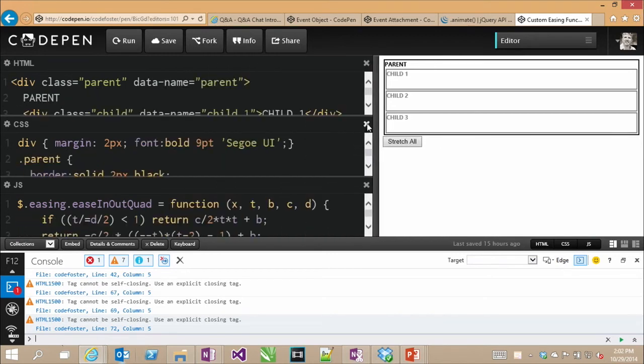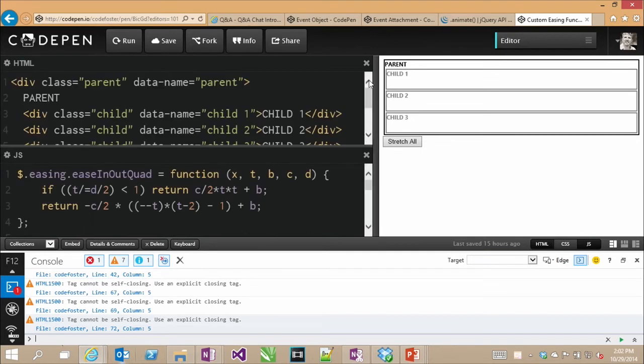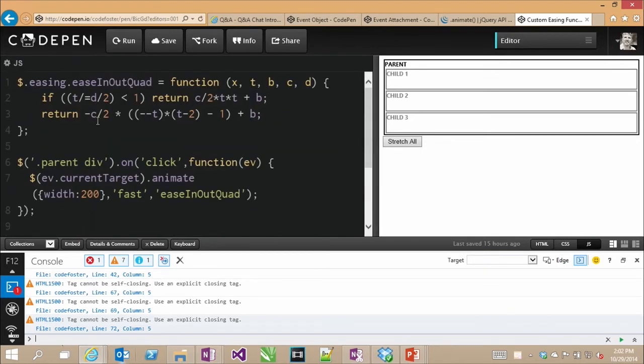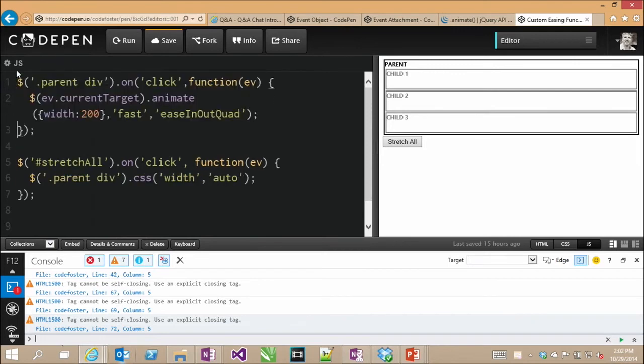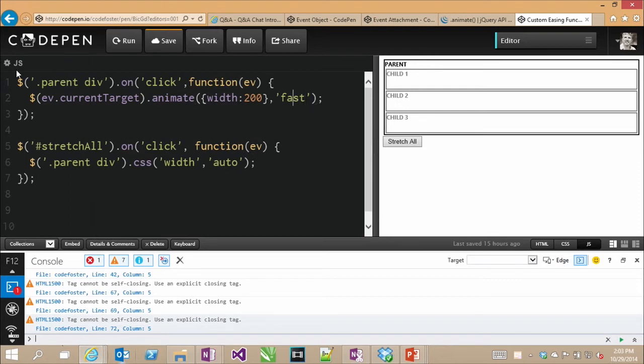And I'm going to collapse my CSS. I don't really need that. I think I don't need my DOM either. Now I'm going to kill this easing function. Don't need that. Definitely don't want to call it if it doesn't exist. And now I'm going to animate this, and I'm going to animate it to a width of 200, but I'm going to pass it some